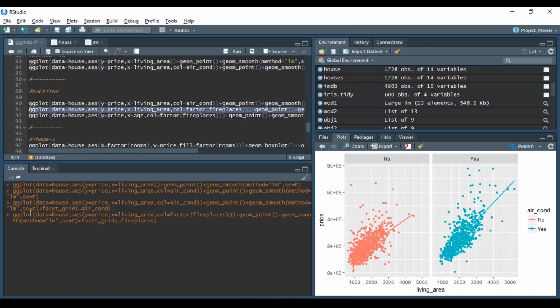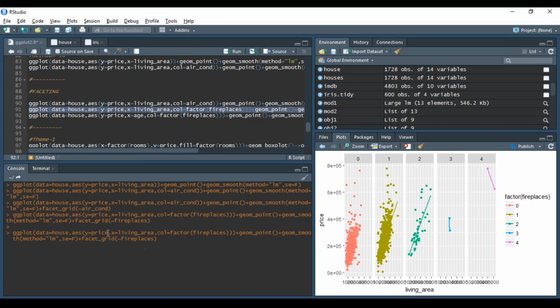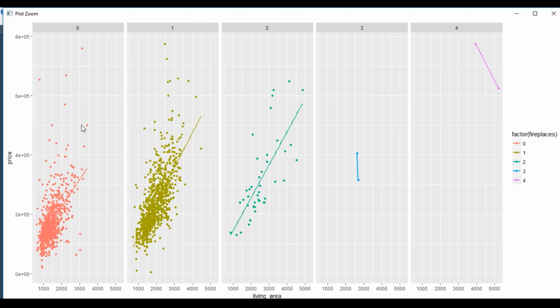Let's go ahead with the next plot. So over here, price onto the y-axis, living area onto the x aesthetic. For the color, I've used a different data column. So the color is determined by the number of fireplaces in the house. Again, the geometries are geom point and geom smooth, and I've divided the data on the basis of the fireplaces column. So there is one facet for the houses with 0 fireplaces, another facet for houses with 1 fireplace, and similarly for 2 fireplaces, 3